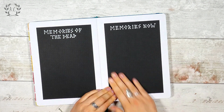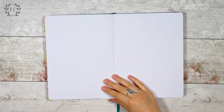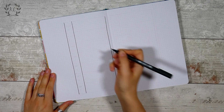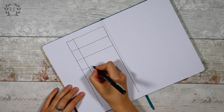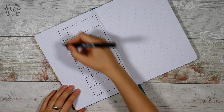On the right side of the page, I'm just adding my usual memory section and decorating with more stickers. My final layouts will be my weekly spreads, and I'm making them quite similar to my August one in terms of having a grid for the whole week in one page. It's quite nice and compact, but I'm also making it a Dutch door. So on my first and last pages, I've added a strip of black paper down the edges and added my